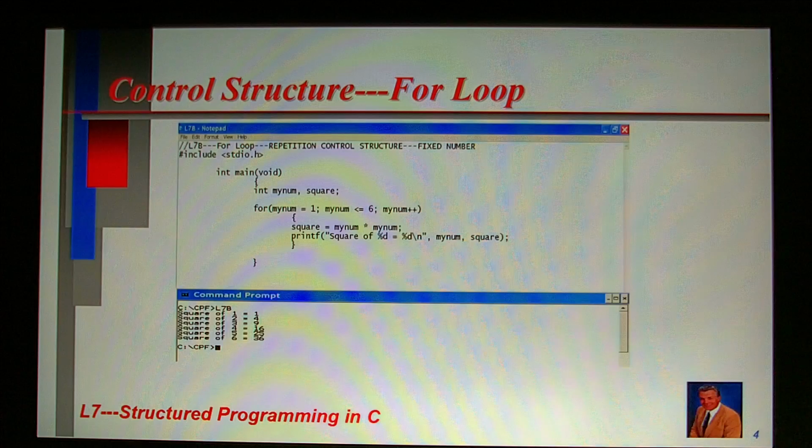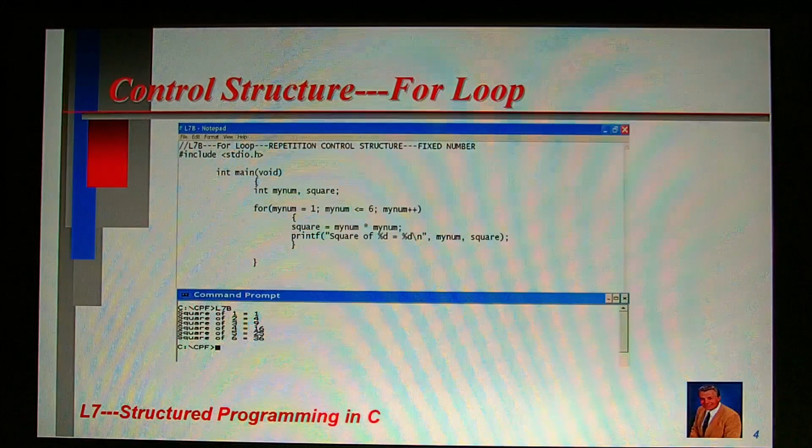Now let's look at the repetitive computer program instruction part, namely { square = mynum * mynum; printf("square of %d = %d\n", mynum, square); }